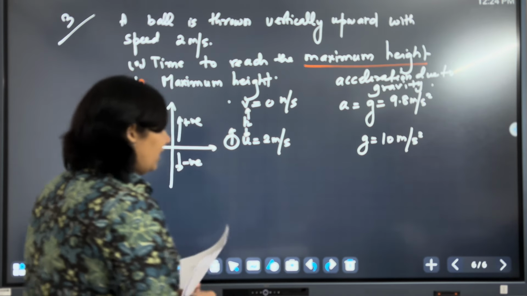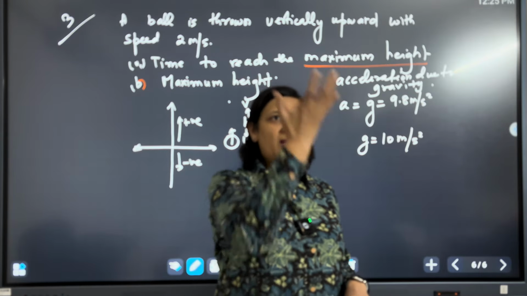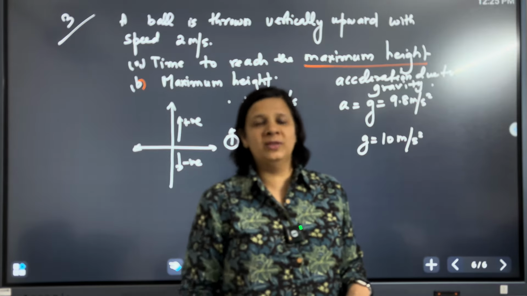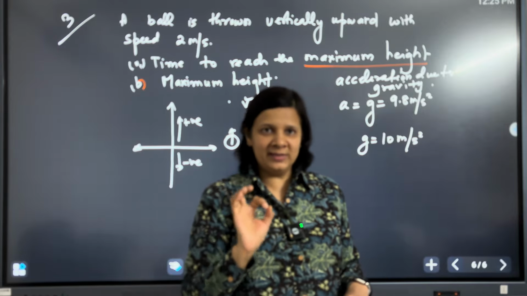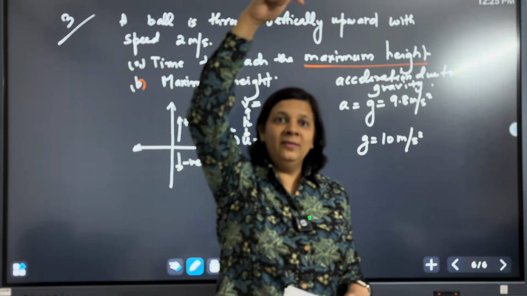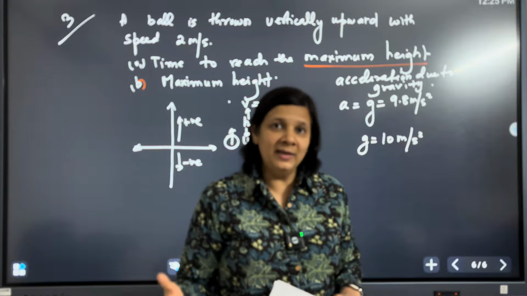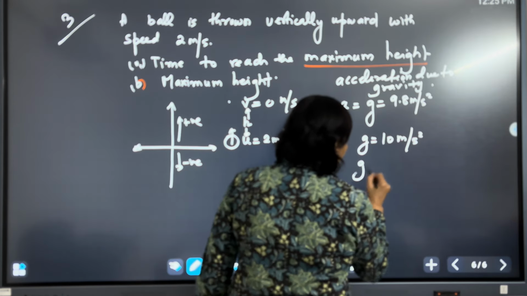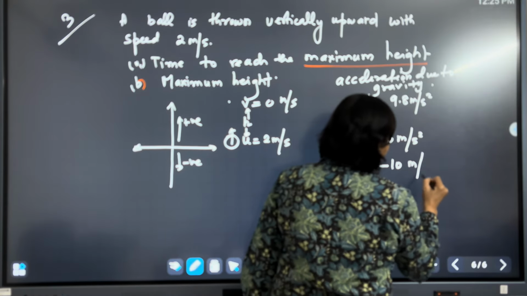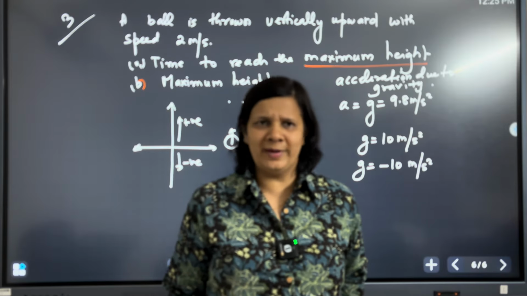Okay. Now again, acceleration due to gravity is always downward, right? If I am throwing the ball up, initial velocity is upward but acceleration is downward. The force is downward. So they both have opposite sign, the speed of the ball will decrease. But when the ball comes down, then velocity is also negative, acceleration due to gravity is also negative. The speed of the ball will increase. So g is always taken to be negative if you are taking upward direction to be positive. Okay? But if you are taking downward direction to be positive, then it does not matter.